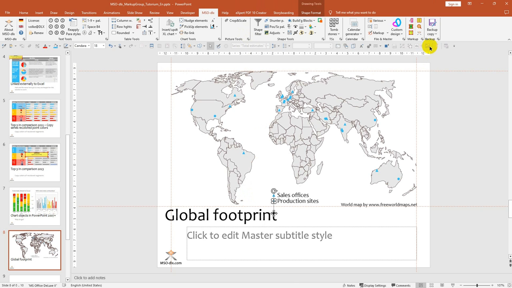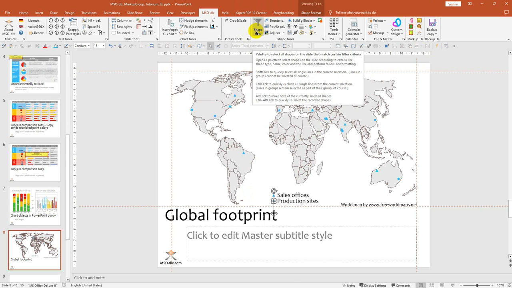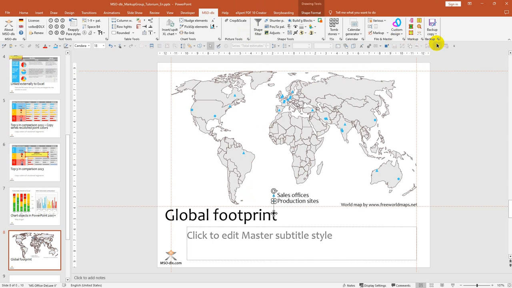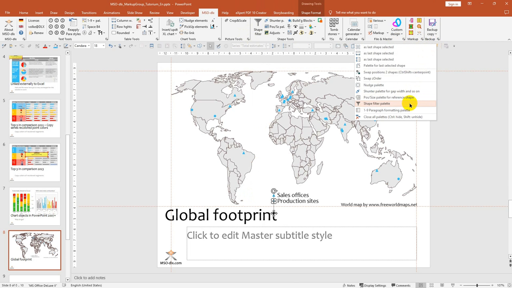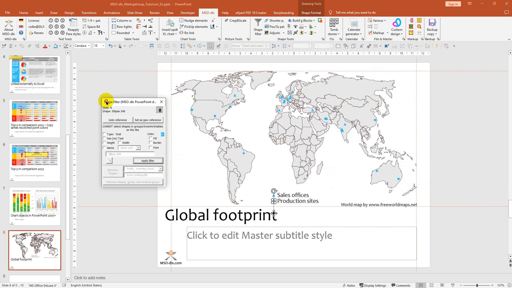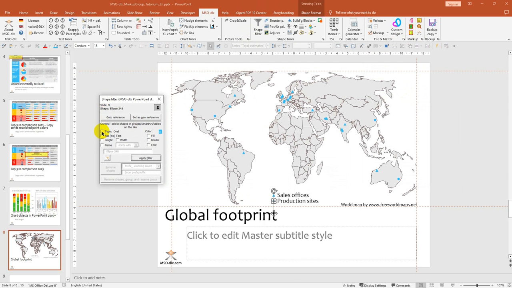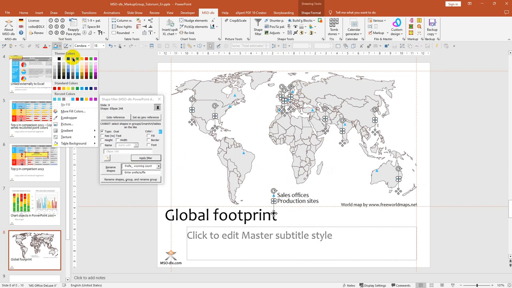And in order to select the circles, I can take the shape filter. I can open it from here, or I can use the Blitz Start. And it opens at my mouse pointer. And I'm selecting all ovals on the slide. Let's see what we get. 10 shapes selected. These seem to be all the production sites, and now I can quickly assign a different color. Gray on gray doesn't make a lot of sense, so let's use the gold. Shall we? And now let's group that